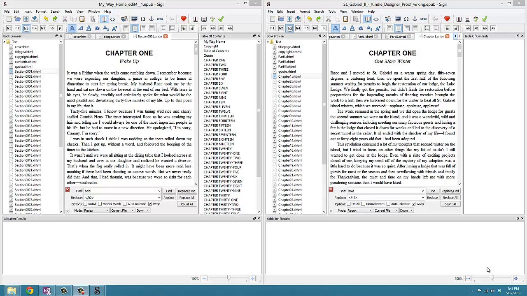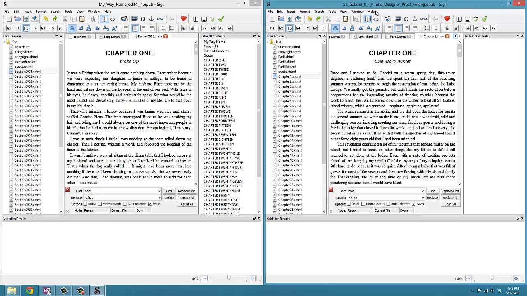Okay, now that we have our ebook in Sigil, we're going to start formatting each chapter with chapter headings. What I have here on the left is the original, the first book, My Way Home, and on the right we have the St. Gabriel book. Okay, so what I do